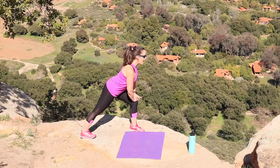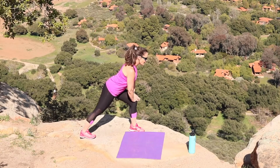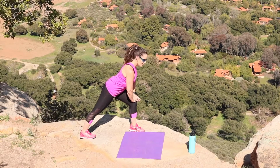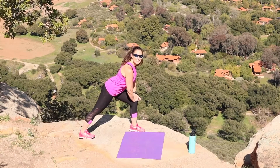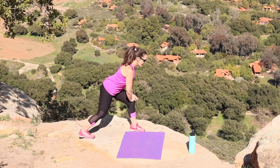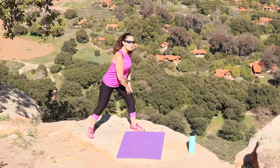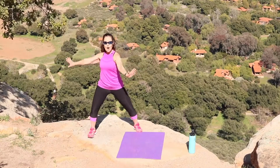Bend your back knee in, and then extend. Long stretch, long spine. Try that again. In, long stretch, long spine. Let's do two more. Shoulders are low. Feel the stretch in the heel and in the hips. One more. And reach. Come back to neutral center